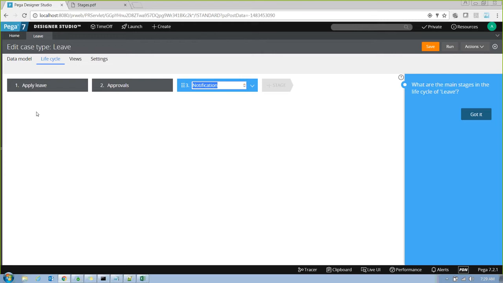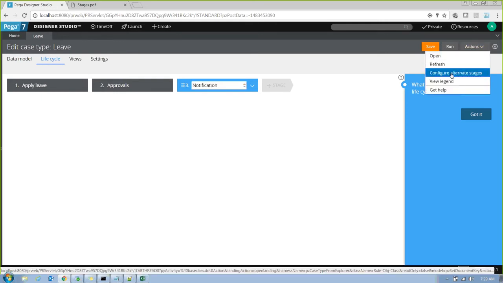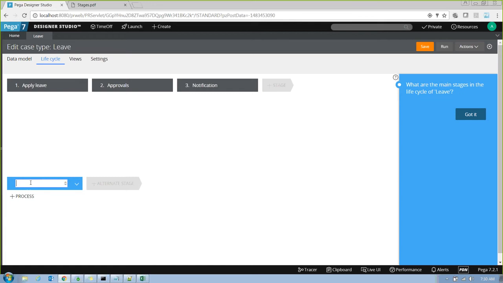So this is a sequence or happy path. Alternate is like not every time. Sometimes it happens. Sometimes you have to jump from this to the alternate. Okay? You can jump from one stage to another. I'll teach you later. So you can add alternate stages like this. Configure alternate stage. You can give the stage name. Okay, maybe you can give here Rejected.